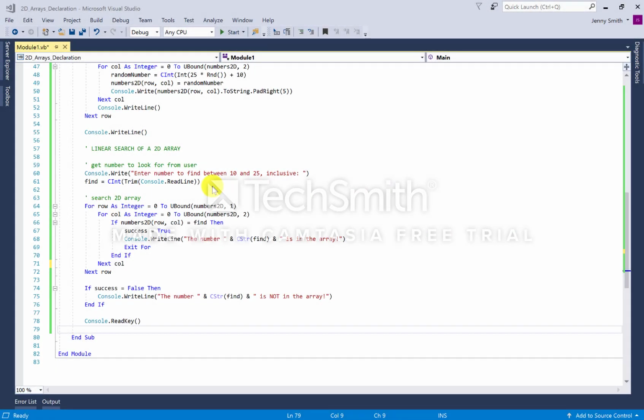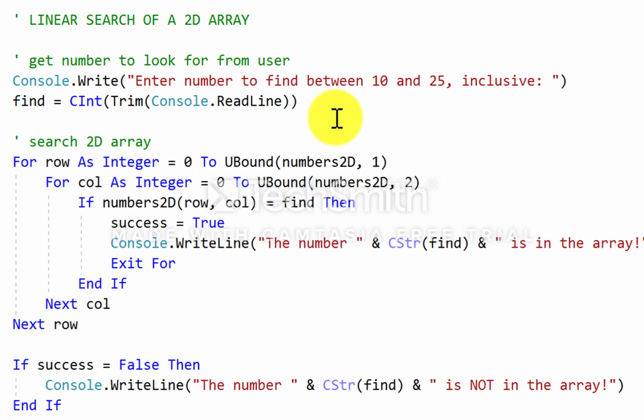In this tutorial, we're going to look at how we can perform a linear search algorithm on a two-dimensional array. The basic premise is in 3 key steps, just like a one-dimensional linear search. First of all, we have to get a value from the user. What is it that we're looking for? Then, using count-controlled loops, 2 of them for a 2D array,